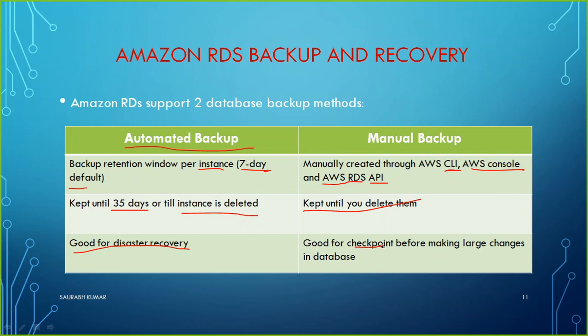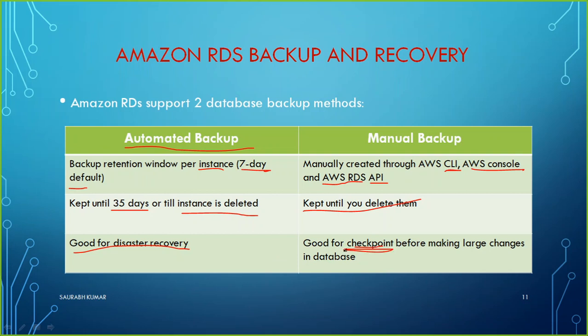So what does it mean? It takes a condition, it stores the condition of your resources, your data, your machine state, and whenever you want to come back to that state, you can restore from that snapshot, that checkpoint. So this same option is available in AWS also. They give you an option to create a checkpoint, and this checkpoint option is good.